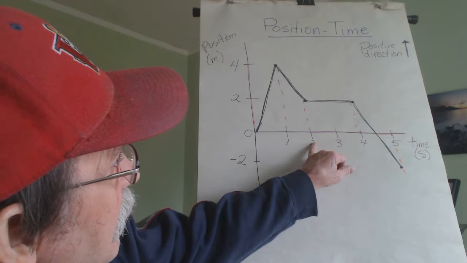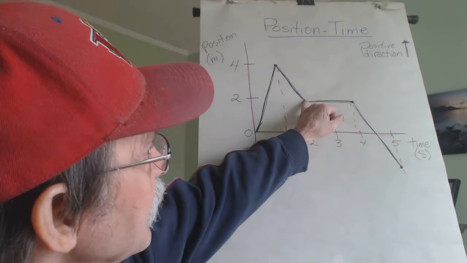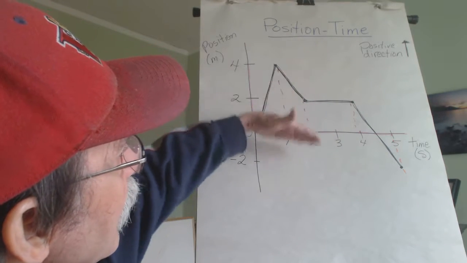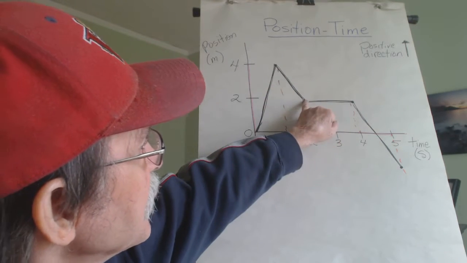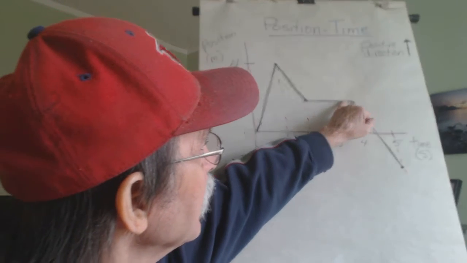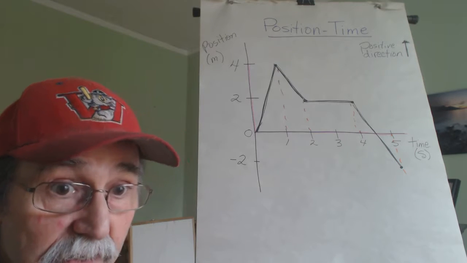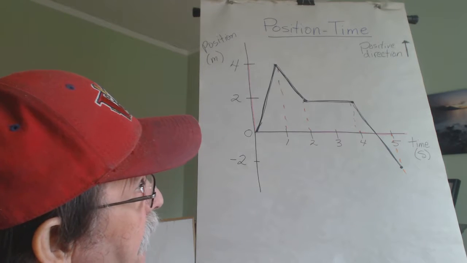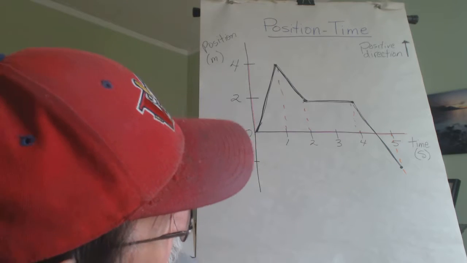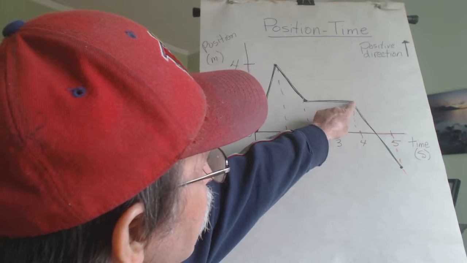At the 2 second time, it seems to stop. It doesn't move anywhere in any direction. It just stays at rest, and that's why we get this horizontal line where the y-axis or the position is not changing. And then in the final interval from 4 to 5 seconds, we have the object going from a